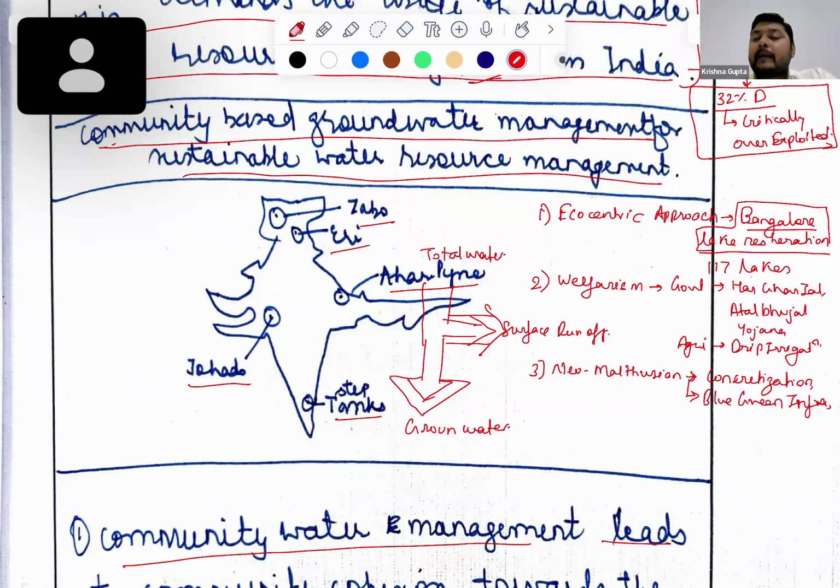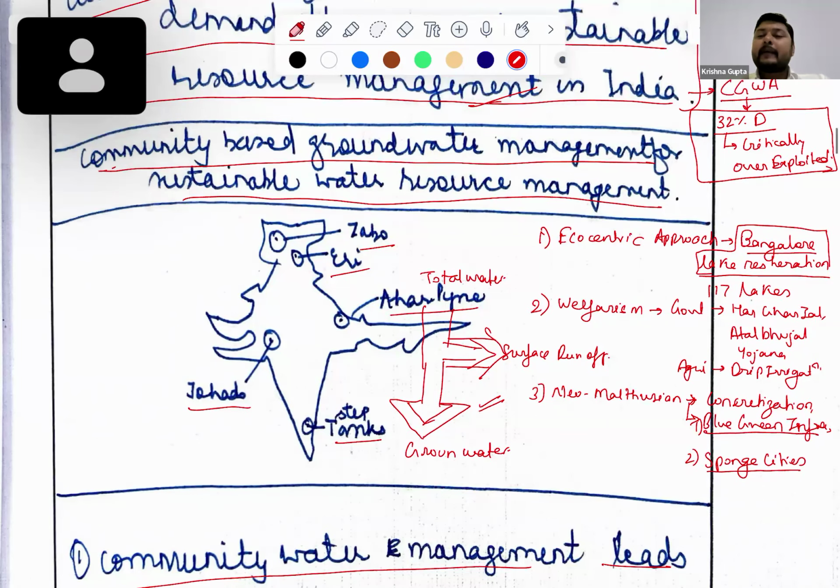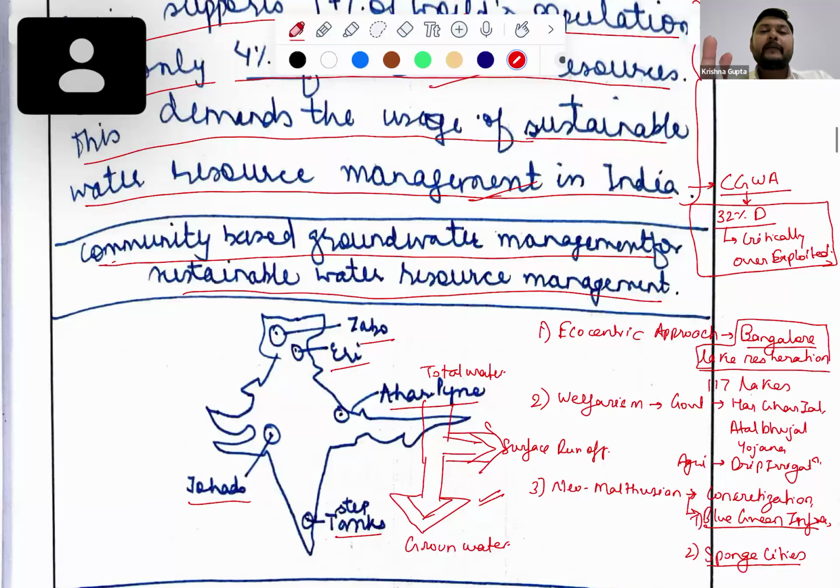Okay, this is one thing. Number two, what we need here is sponge cities. Are you aware of sponge cities? Yes, sir. Okay, so we can add this blue-green infrastructure, which helps in the conservation of water, and sponge cities where the water is absorbed by the land and taken into the groundwater. So it will help us maintain this cycle of groundwater and surface runoff. These are the basic perspectives which we can add here, either in the part of the solution or in the part of the question.